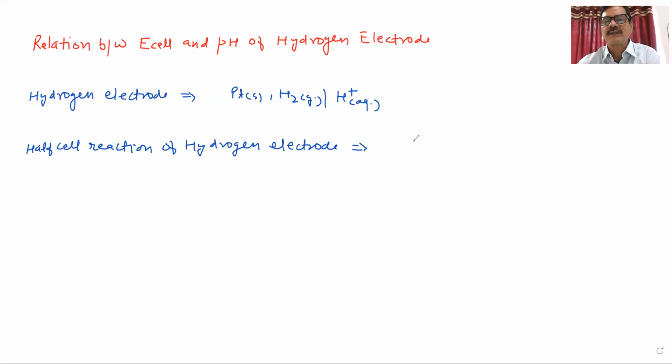That is the H positive plus 1 electron. It is converted to half H2 gas. This is aqueous. So for this cell, if we write the Nernst equation,